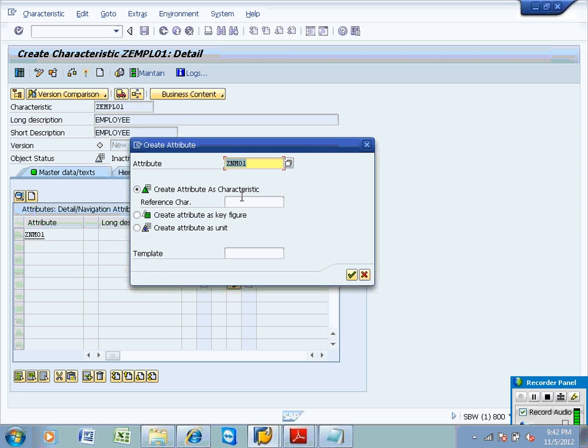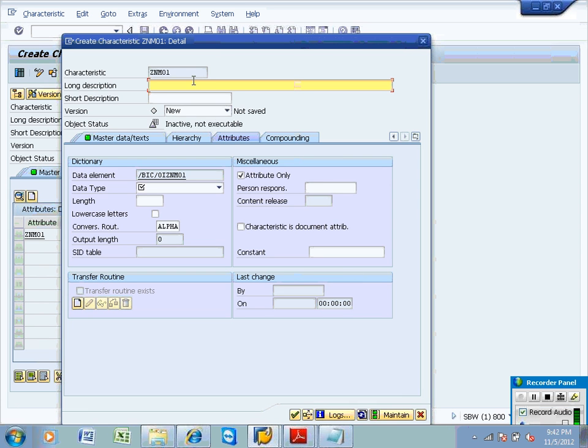I am creating an attribute, employee name, characteristic, length and click on continue.